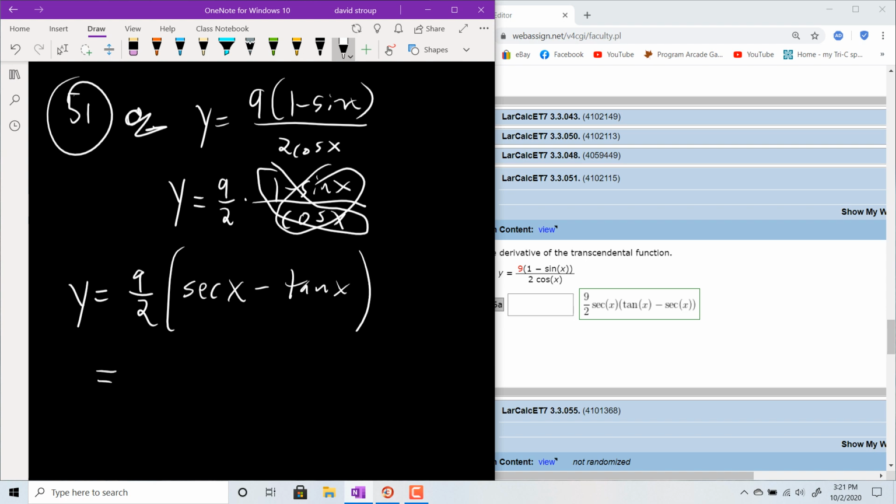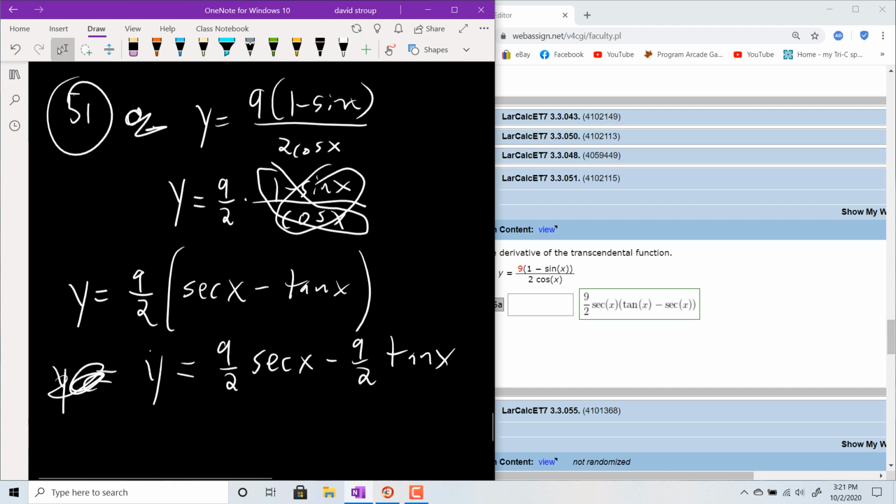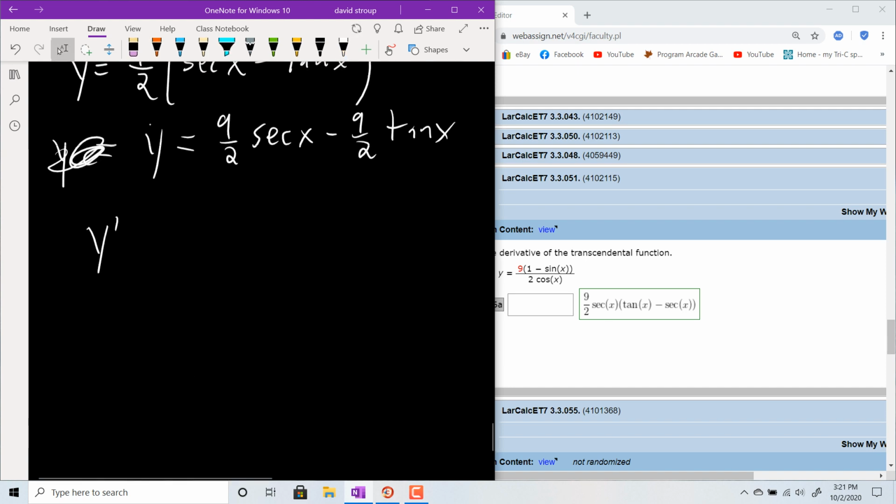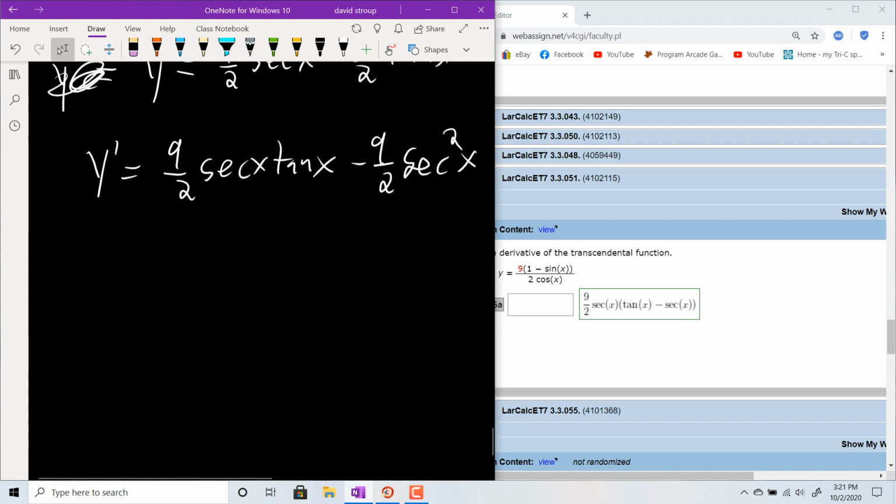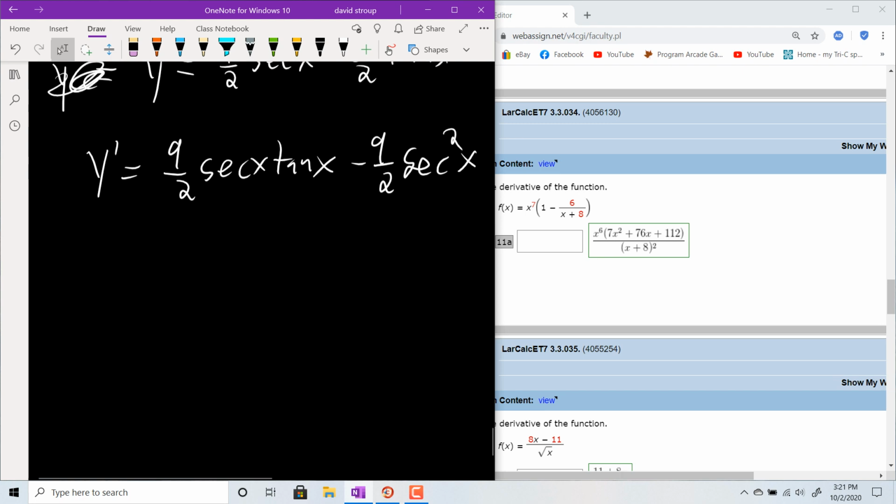And then you can take the derivative pretty easily using the constant multiple rule, and so if you redistribute the 9/2, we get this, and then go ahead and take the derivatives using your memorized derivatives. So this would be then 9/2 secant x tan x minus 9/2 times the derivative of tan, which is secant squared x. Okay, so yeah, got to have those derivatives memorized. Let's move on to